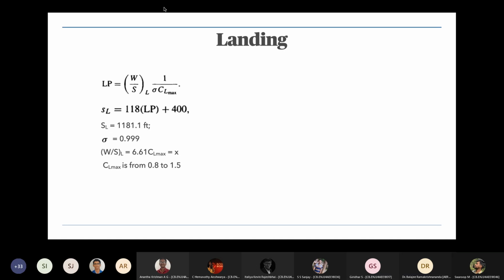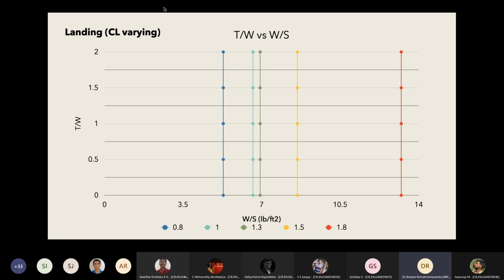Okay. So if you reduce wing loading, SL will decrease. Correct. Yes, sir. The point here is to choose the wing loading. So we are assuming CL max. This we are varying the CL, you are doing for future use. In case you don't get a feasible region or some problem comes, you have to adjust it. You can come back to the graph and see what CL you can take.